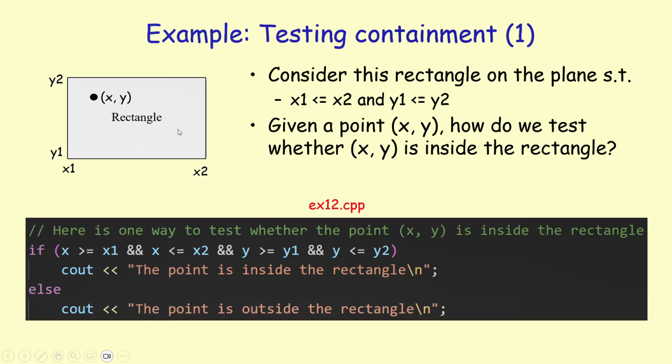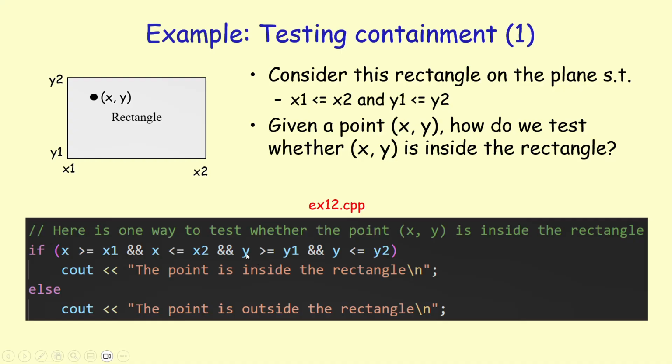So a point is inside the rectangle if x is greater than or equal to x1, and x is less than or equal to x2. So if x is in between x1 and x2, then the x coordinate is in between. But now we still have to test whether the y coordinate is in between y1 and y2.